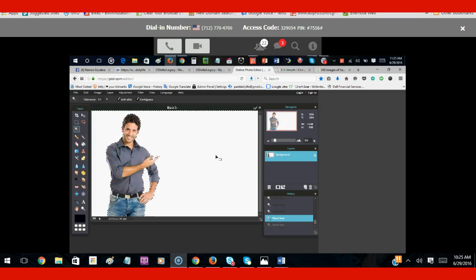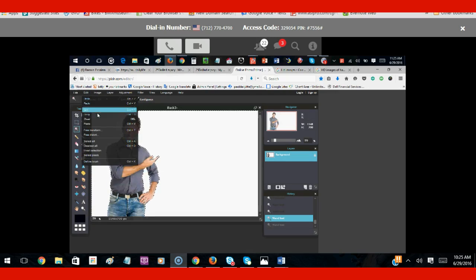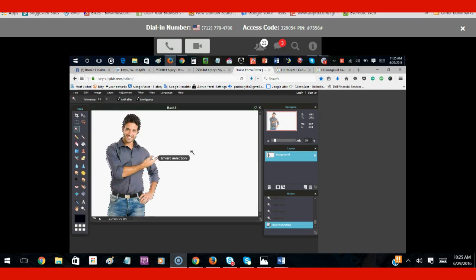What that means is it's going to select just the person in the photo, not the background. As you can see, there's dots scrolling in the background, and the background is selected, and we don't want that. So go to Edit, and then right down below it's going to say Invert Selection, and select that. Now it's inverted. Now I only have the gentleman. I don't have the background selected any longer. So we're just going to take him and use him only. And then I'm going to hit Control C,